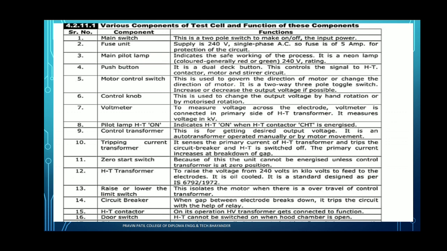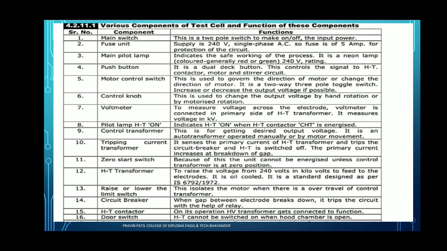Used in 11 kV substations, 33 kV substations and different substations to provide the electrical supply, to carry the continuity from one end to the other end. Such as the transformer, which is the device that transfers electric power from one circuit to another circuit without change in frequency. That is the transformer. So one by one we have to see the function of these components.